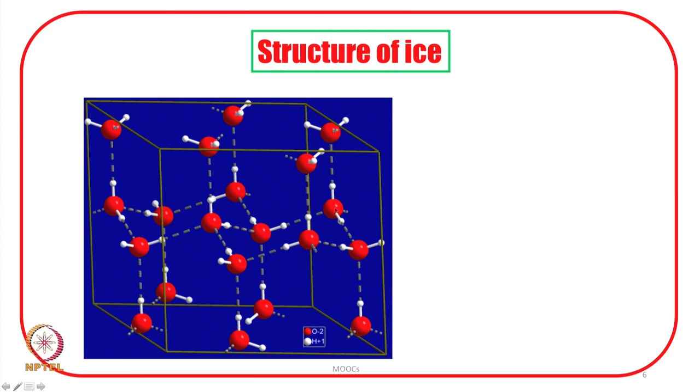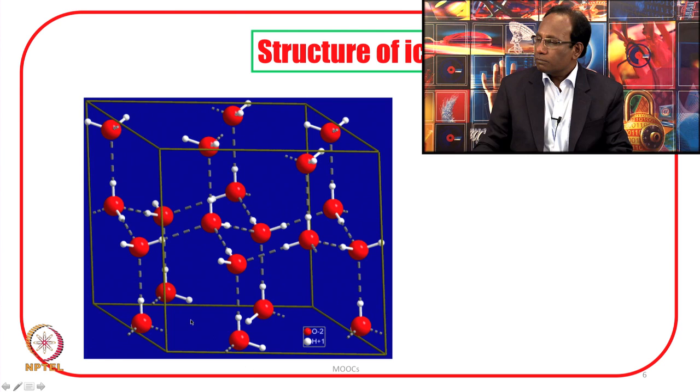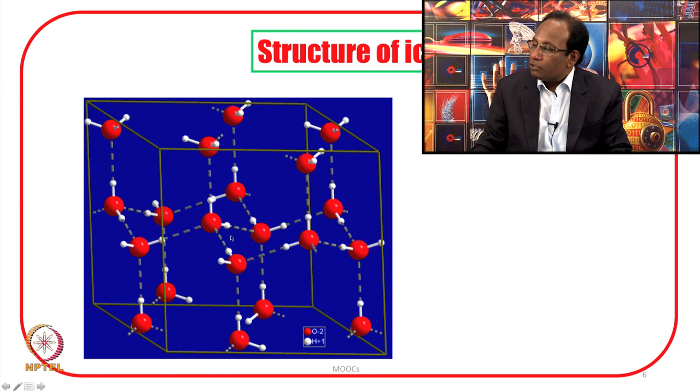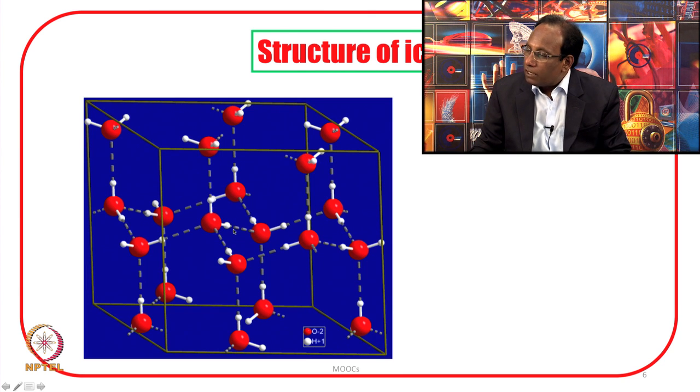There is a regular arrangement of water molecules, and if you see, these red spheres represent oxygens and the white spheres represent hydrogen. If we carefully examine this structure, each oxygen is surrounded by two hydrogens, and these hydrogens are connected to oxygen by covalent bond. And at the same time, that hydrogen is also bonding with an oxygen through